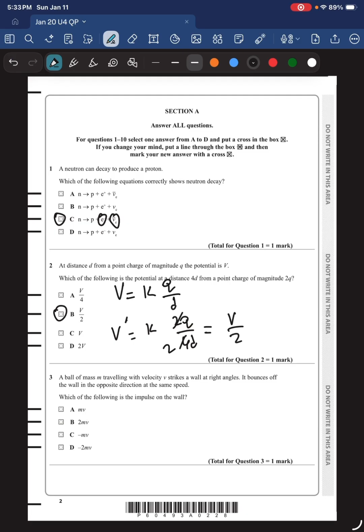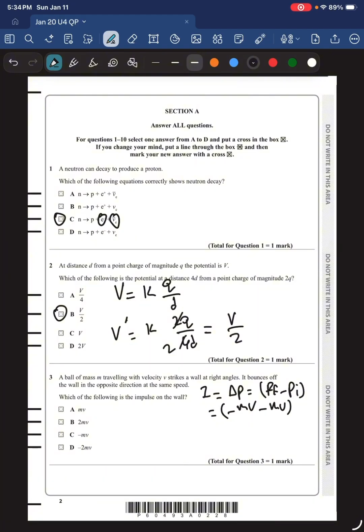Question 3. A ball of mass m traveling with velocity v strikes a wall at right angles. It bounces off the wall in the opposite direction at the same speed. Which of the following is the impulse on the wall? The impulse on the ball is going to be delta p. Since the final momentum is in the opposite direction to the initial one, delta p is p final minus p initial. So we have minus mv,